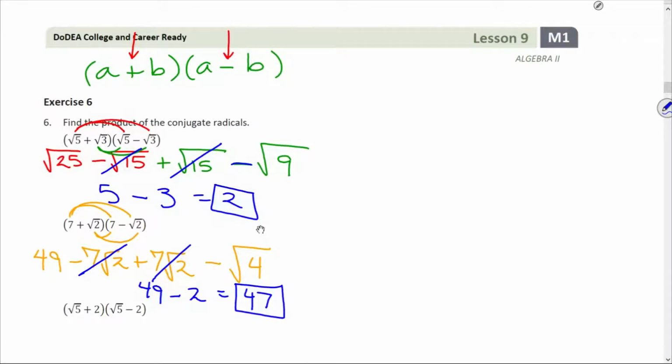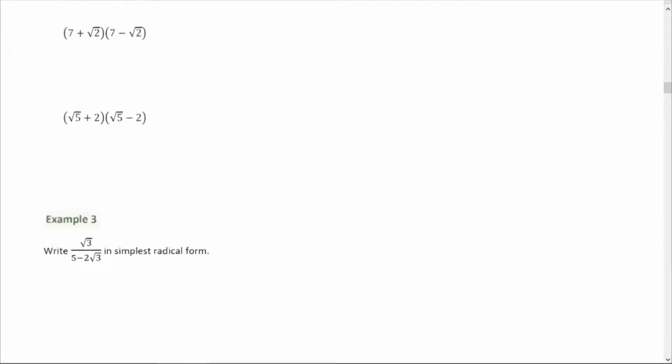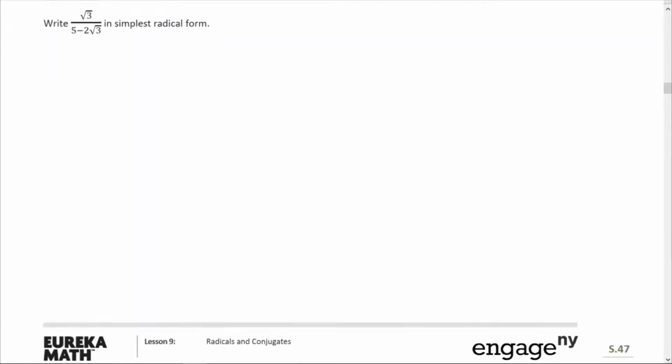So something about this conjugate is useful for us to get rid of radicals. Now, there are, again, several applications of this. One of them we'll see down below. We frequently want to write or be able to write fractions with rational denominators, and not have a square